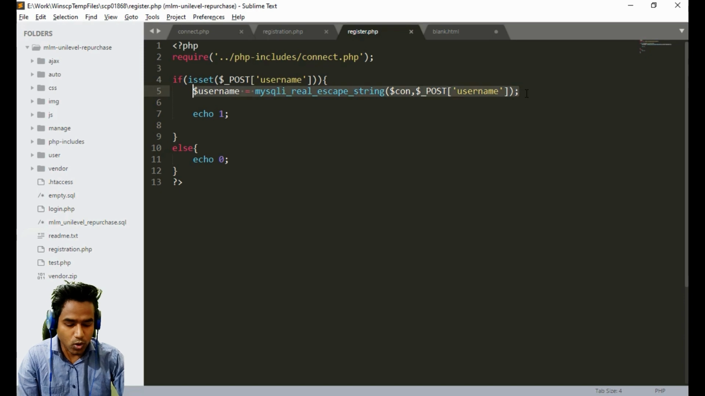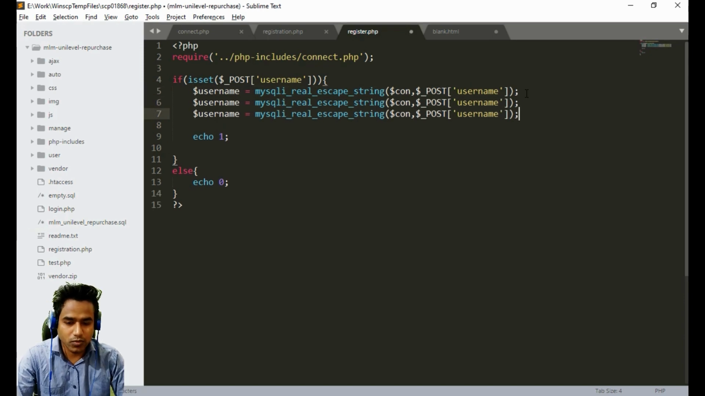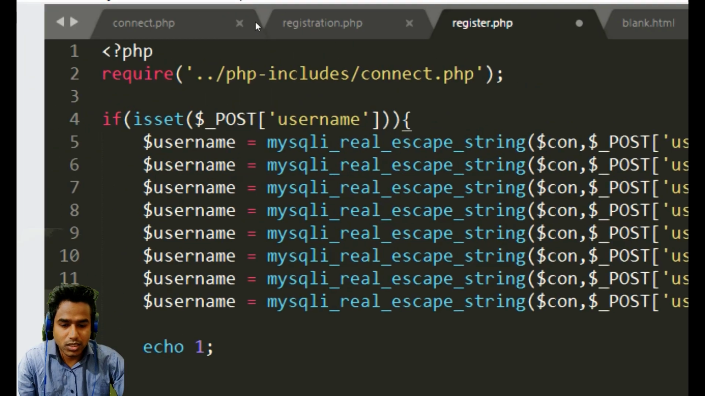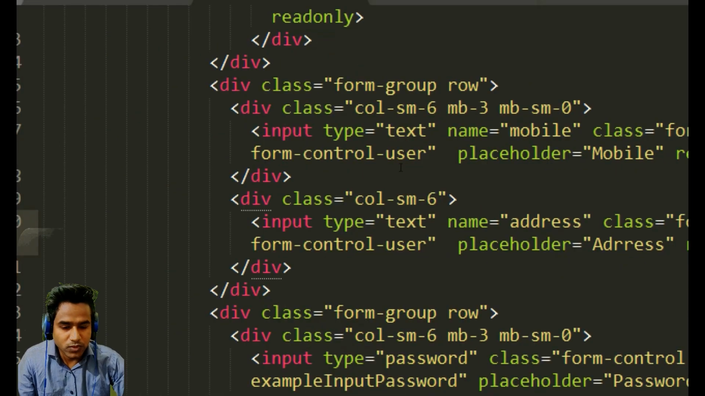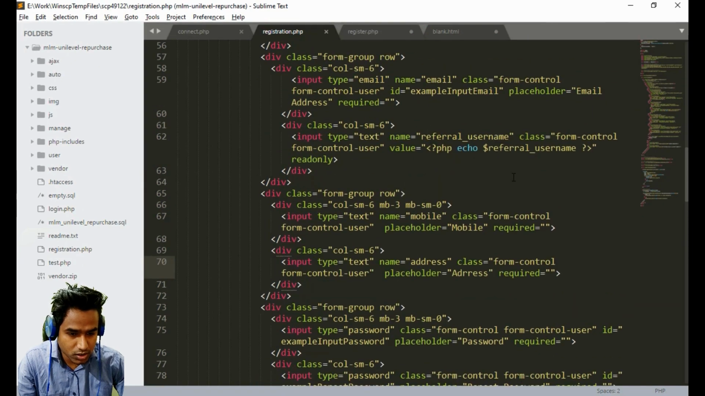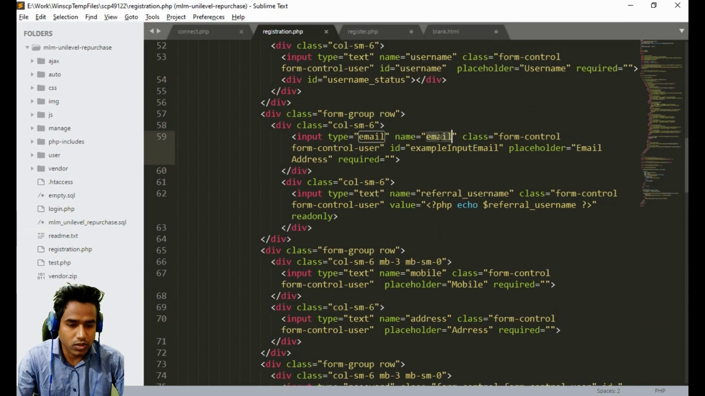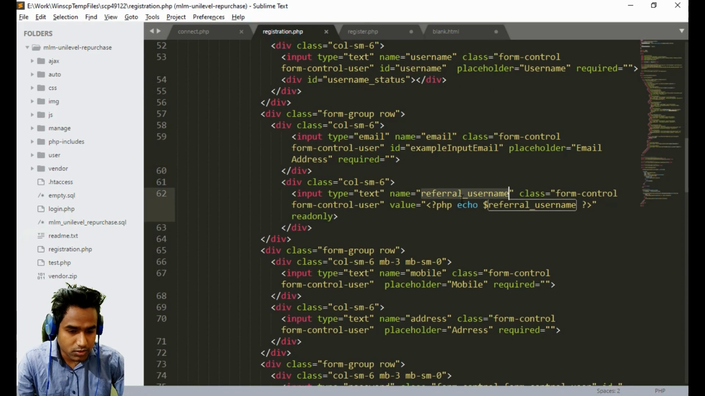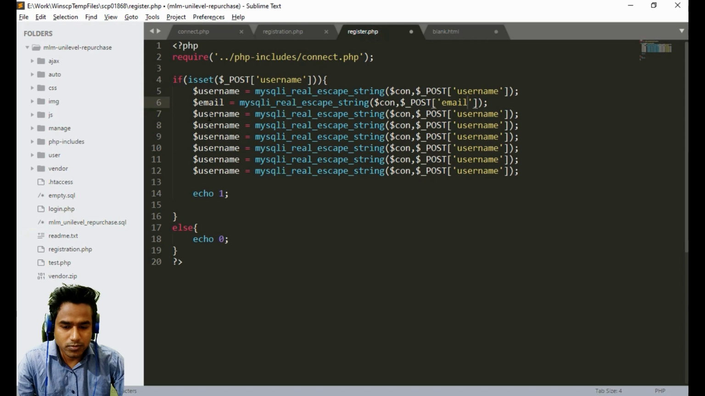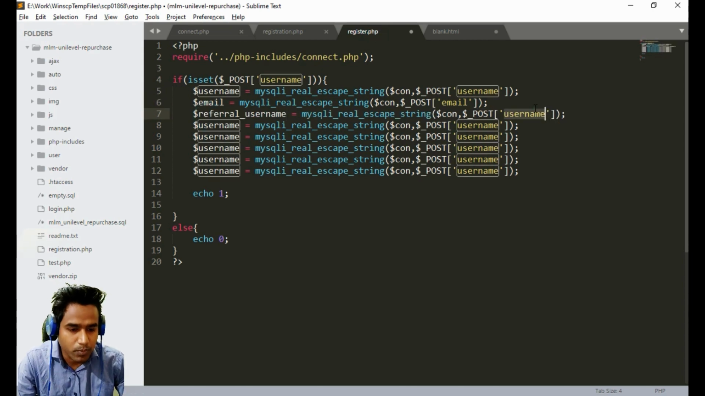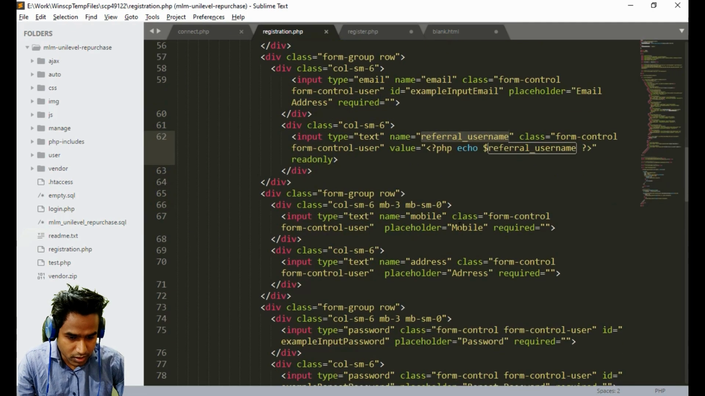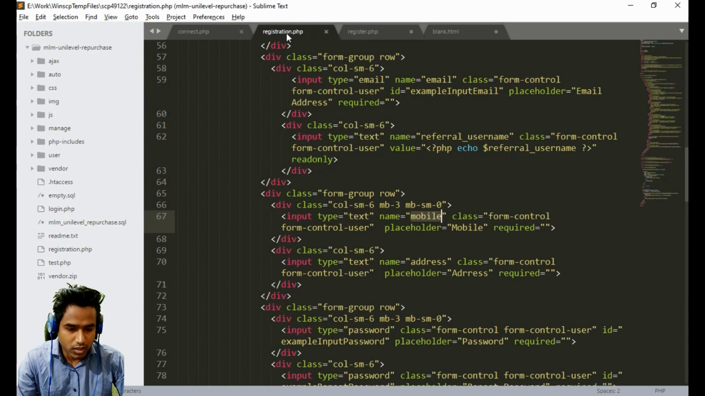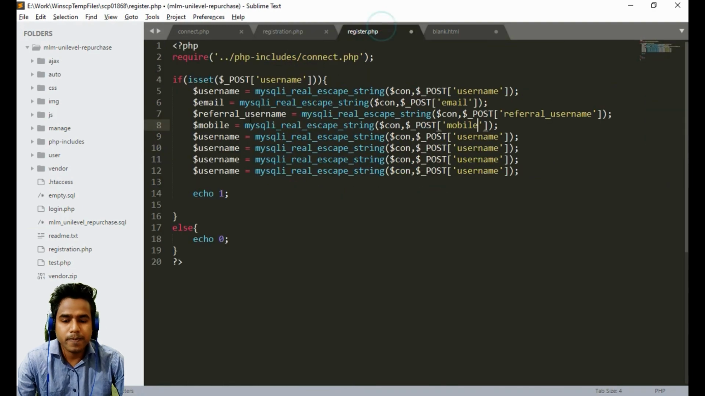username. Just copy this several times and paste the information from our registration page. We already have username. Now we have to collect the email. After email, it is referral username, and then mobile and address,